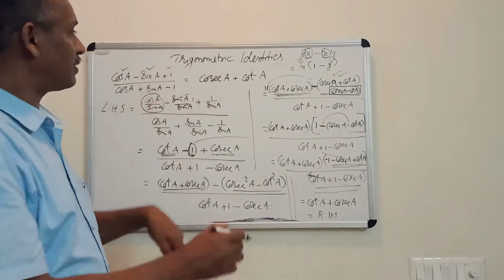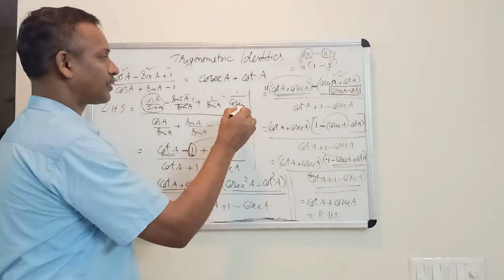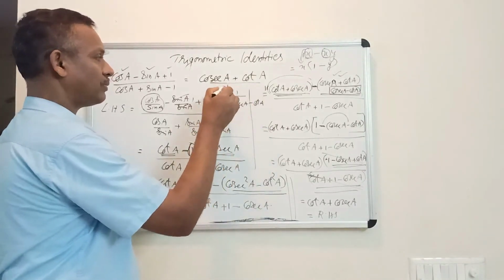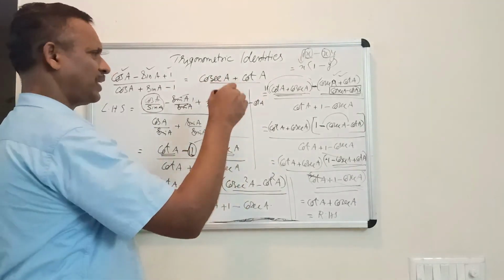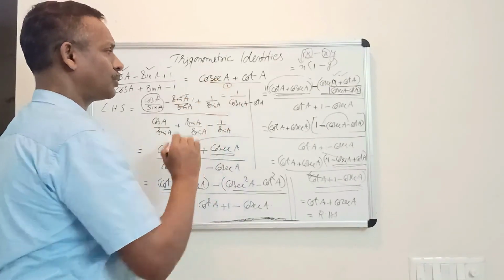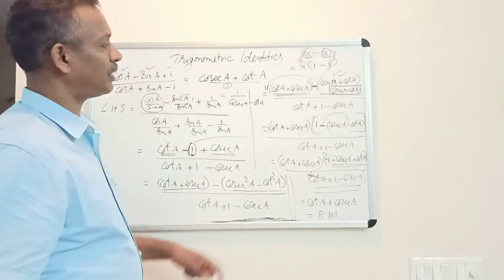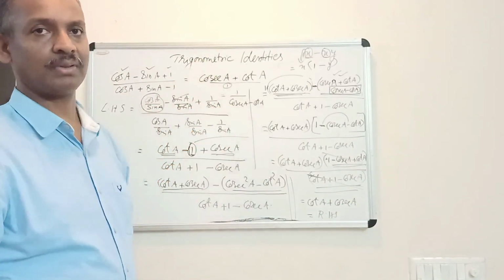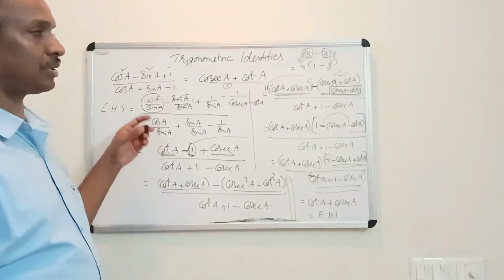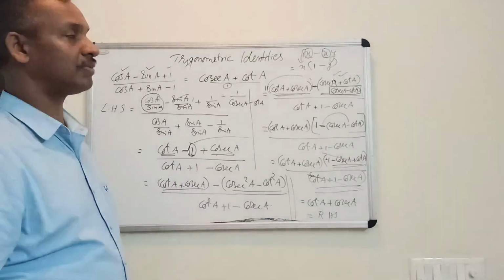And suppose we need this answer in the form 1 upon cosec A minus cot A. Then you have to write it here over 1. Two ways are there. You can use the rationalizing method, or you change this 1 to cosec square A minus cot square A. Then use a plus b, a minus b, and get it cancelled and you get this. Okay, many methods. This is a special question. This type of 3 terms in the numerator and 3 terms in the denominator is only seen in this.